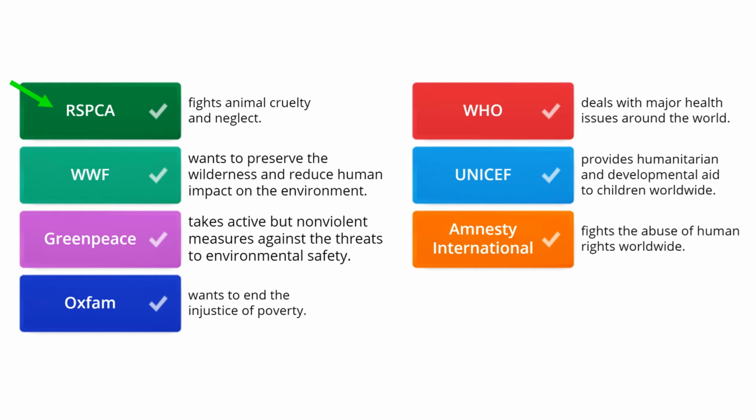Do you know of any other organizations fighting for animal rights? Have you heard of PETA, People for the Ethical Treatment of Animals? This is one of the most famous ones in the world, and many celebrities are involved in the work of PETA. Just like many celebrities are involved with the work of UNICEF, a United Nations organization fighting for the children's rights.